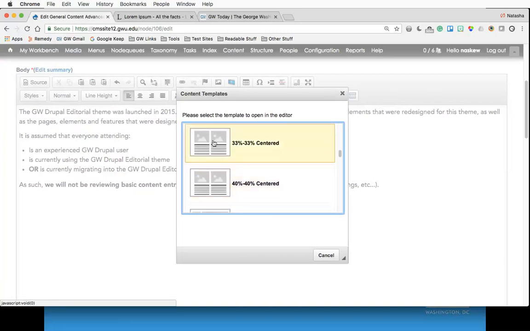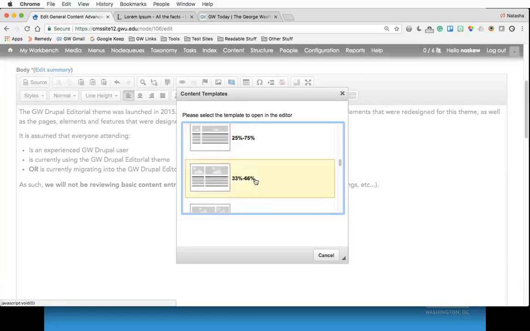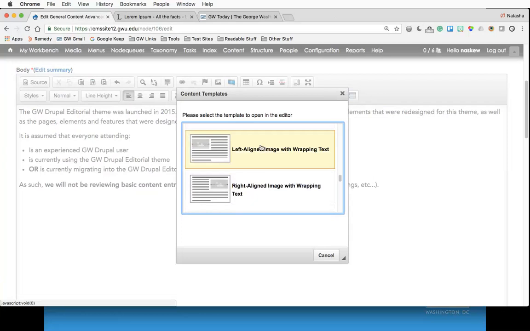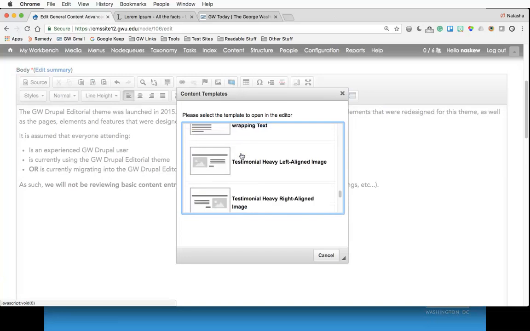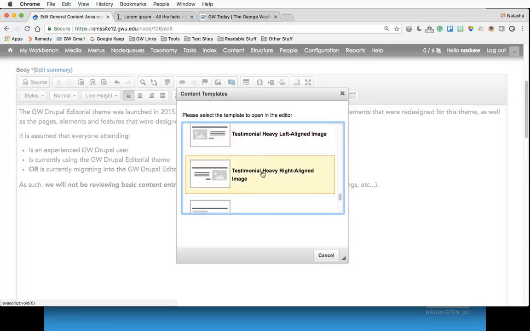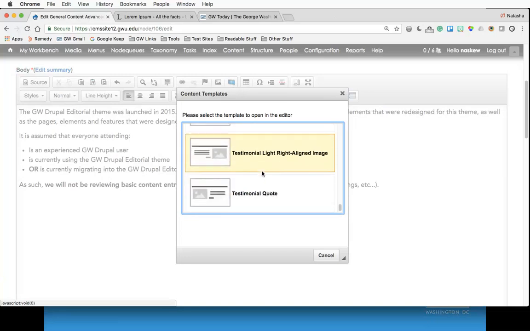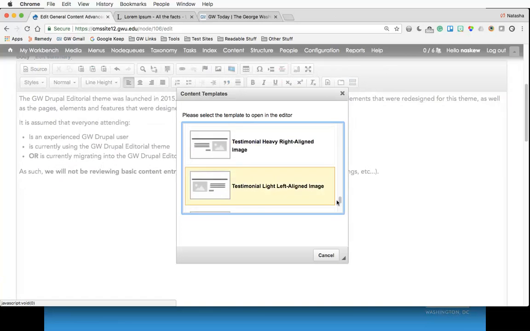Getting items that are sitting side by side, but again, not necessarily the full width of the page. You also have some options for aligning your text on the left or right side of your page with or without text wrap. And then you also have some options for getting testimonials into your page. So we are going to start